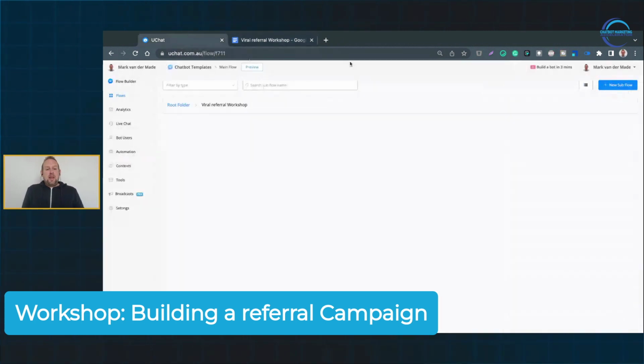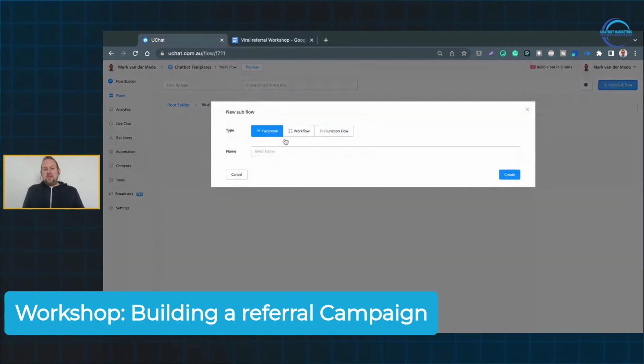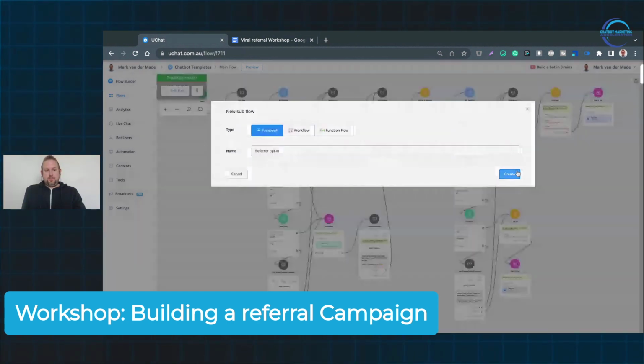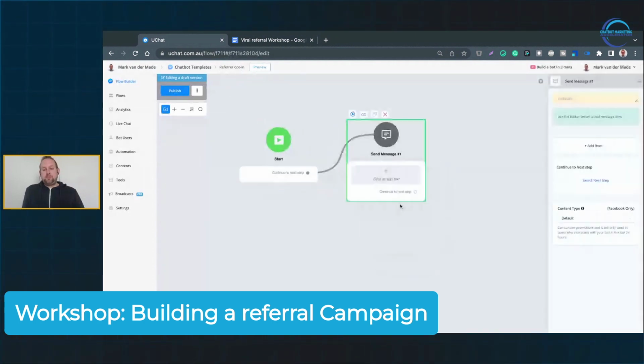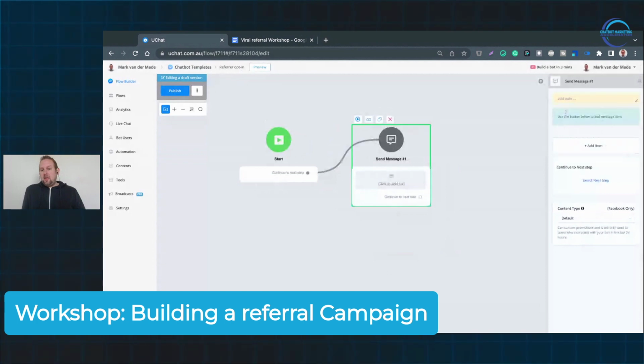We have basically a blank canvas. So let's create a new flow, and let's call this flow referral opt-in, right? So referrer opt-in, actually. So this will be flow 1. From this starting step, it can be really simple. We're just going with a send message block, something like,